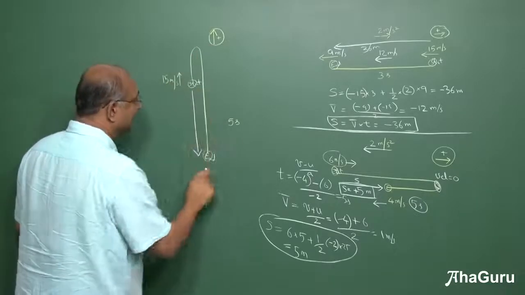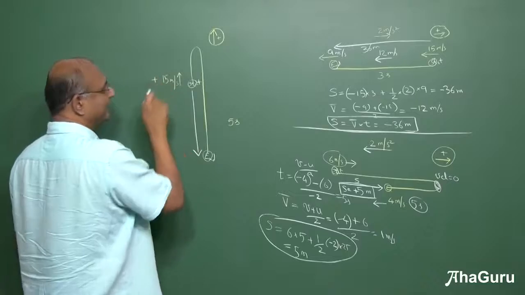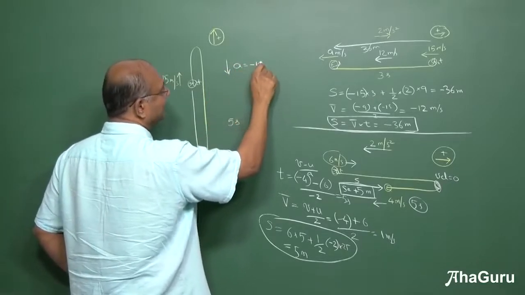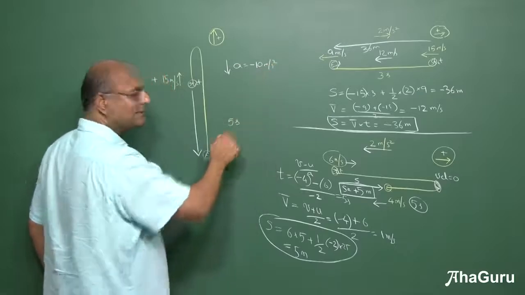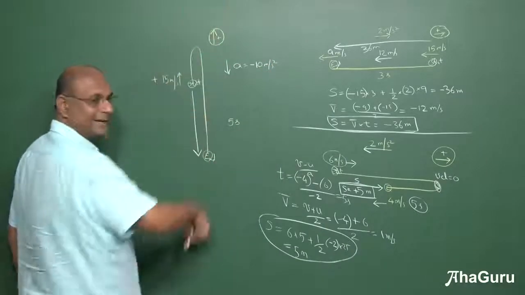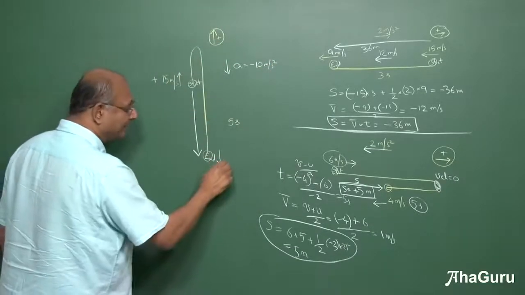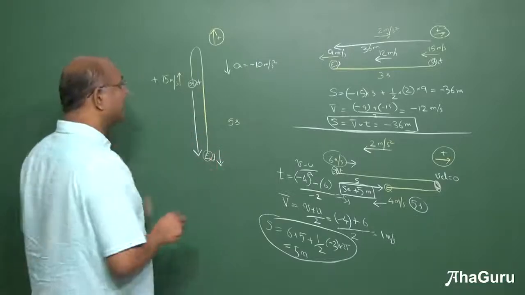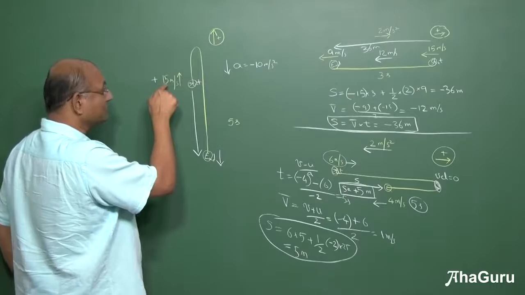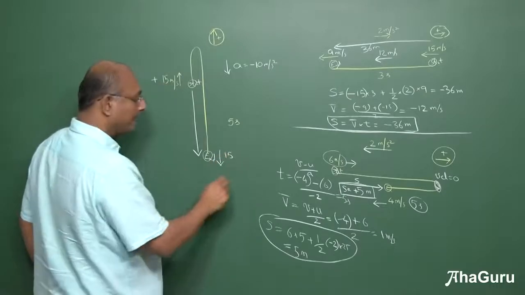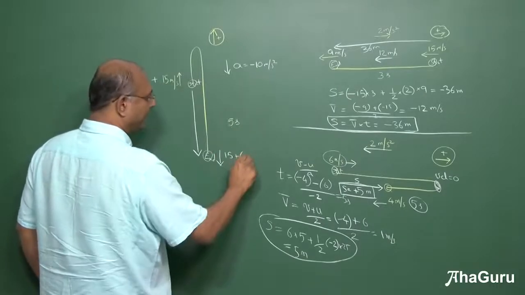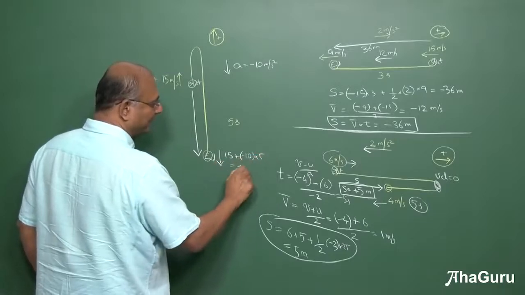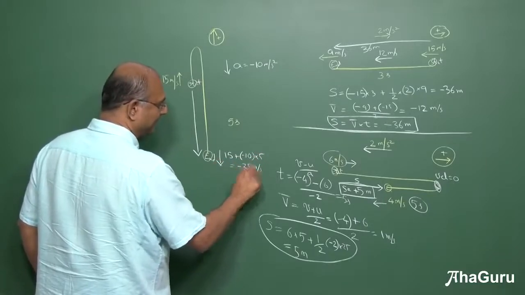So if I look at this, this is plus 15. Acceleration is minus 10 meters per second square. Why is it minus? Because it's downwards. Plus direction, minus. Right? What is my final velocity? If you remember from the earlier one, it was minus 35. But I will do it anyway. So v equals u plus a into t. So 15 minus 50, minus 35 meters per second. This is v.